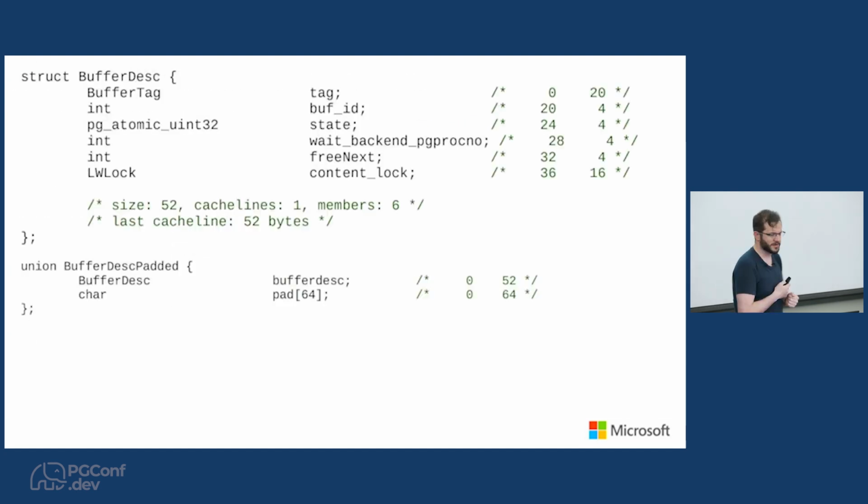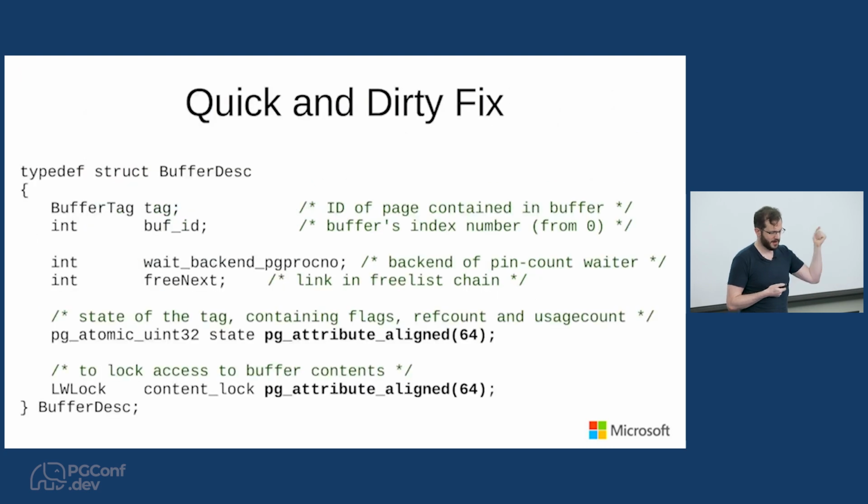So what could we do here? There's a very easy fix. We can just say, okay, we'll move the state to the end of the other things, then increase padding after the read-only fields, and add some more padding after the state, so that the read-only data is on one cache line, the state is on one cache line, and the content lock is on another cache line. Obviously, that has problems. This is a quick and dirty fix. That's not something that we would necessarily want to do,